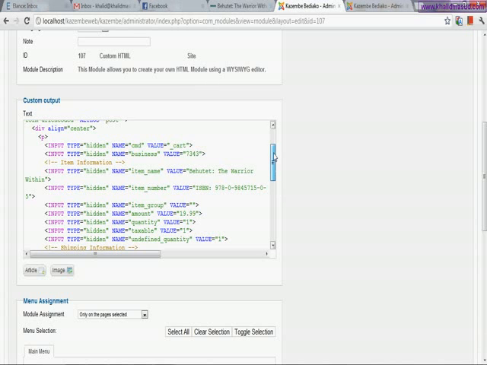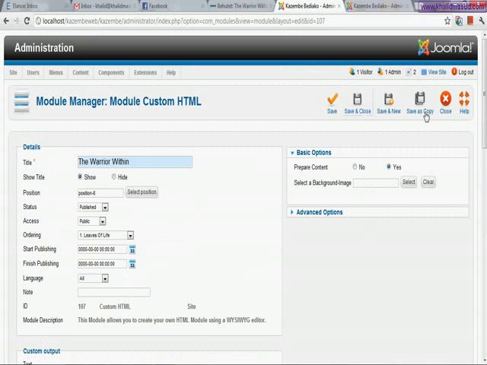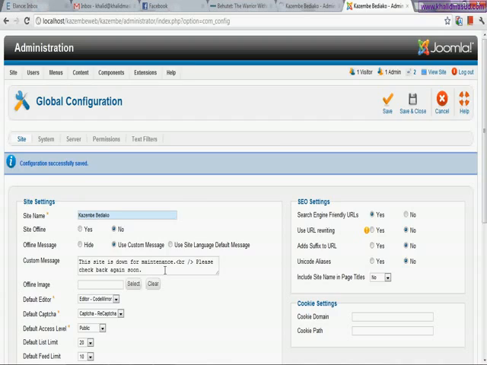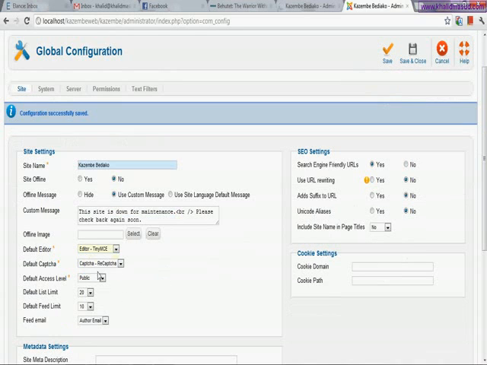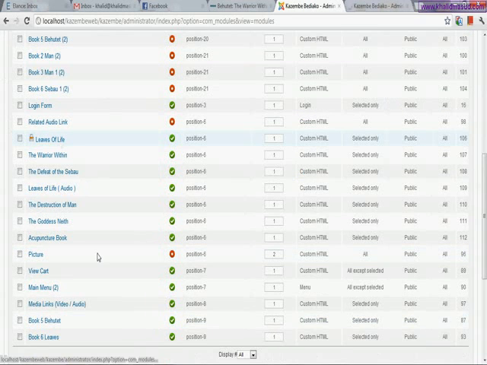So if you don't know what this code actually means and how to write it, then you don't need to open these special modules or these special code parts of your application. Suppose I close this right now, select this TinyMCE editor and save it, and I again open the same module.